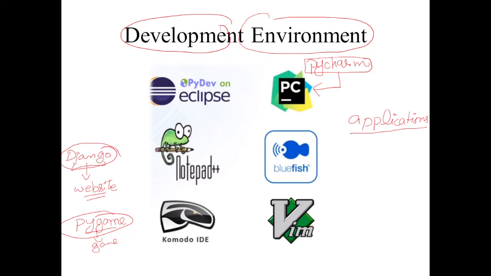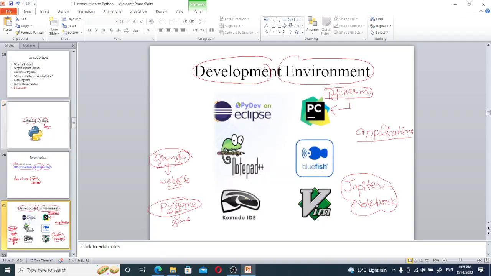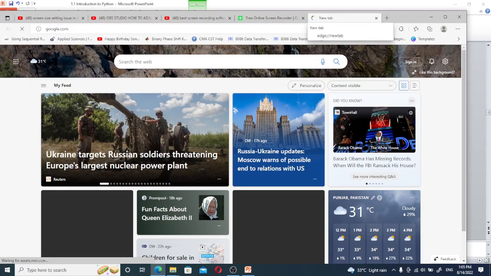Another popular development environment is called Jupyter Notebook and Anaconda, which is also important and popular for using Python. So we can also download any of these development environments as well. So let's move to our download tab where we can easily download our Python